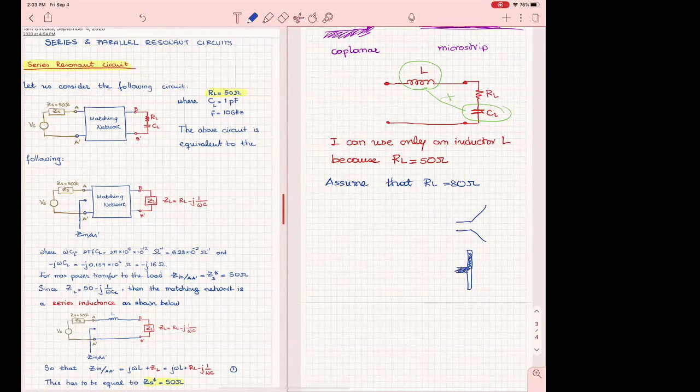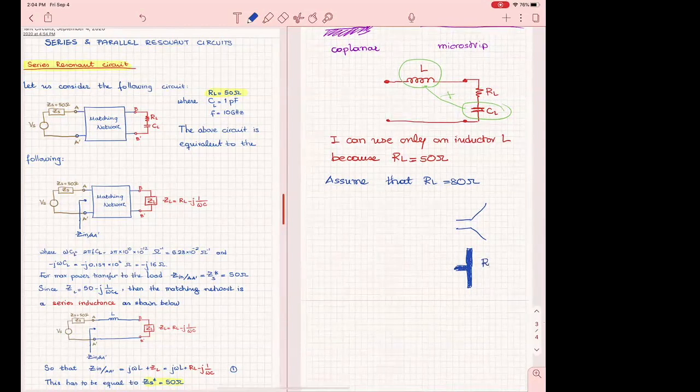Do you know what microstrip is? Is there anyone who does not know what a microstrip is? Okay. If you have something like that, and that is RL plus jXL,